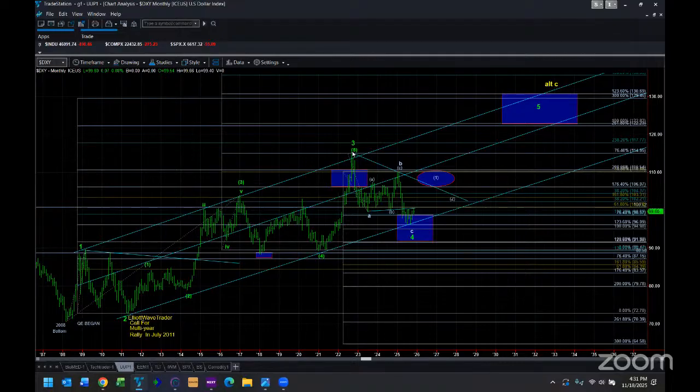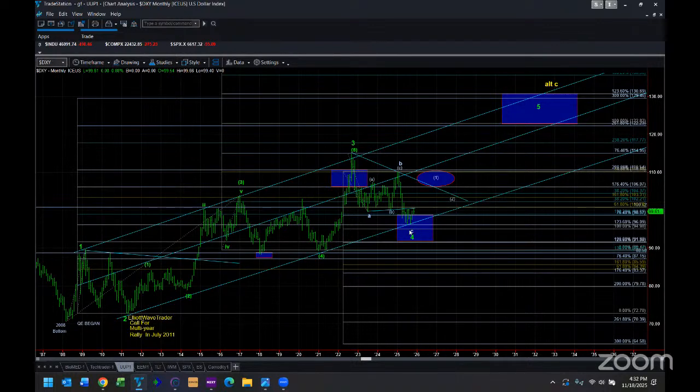Now, my current expectation is that we are bottoming in a similar way here that we were here. Remember what I said, you have wave one and then you have wave two. Wave two is the corrective structure, and that is an ABC structure. So we had an A, B, C. Great. Guess what we have here? A, B, C. We may get one more lower low or not. I'm not sure about that. That's the one thing I'm questioning right now, if we get one more lower low on the dollar.